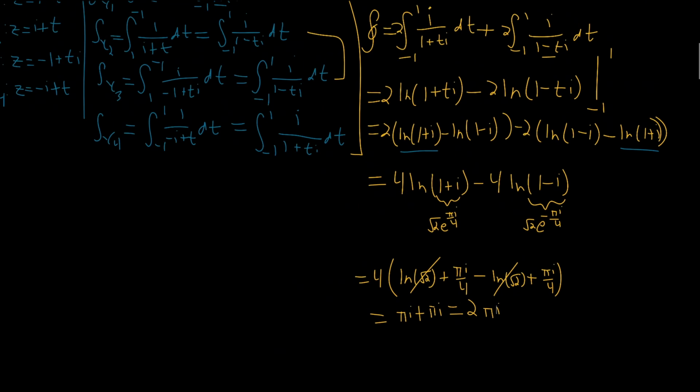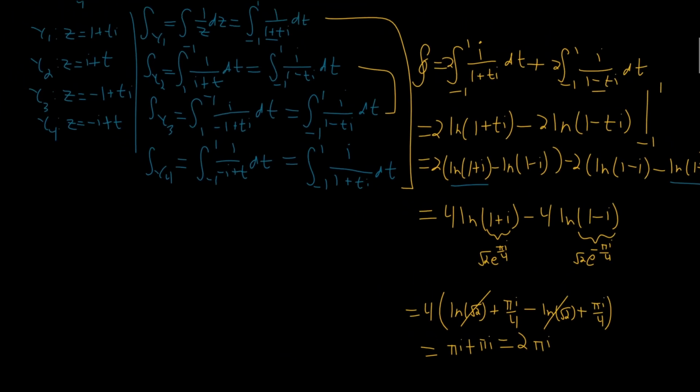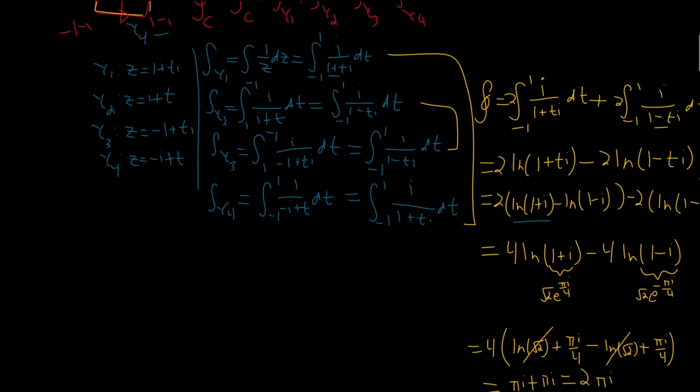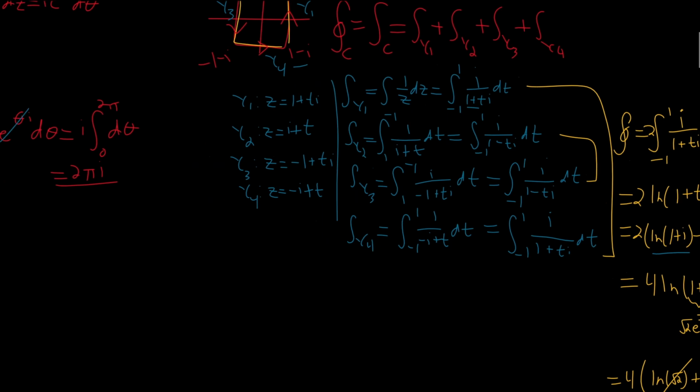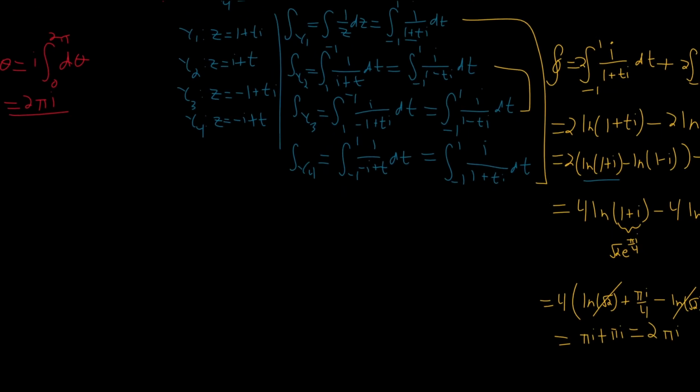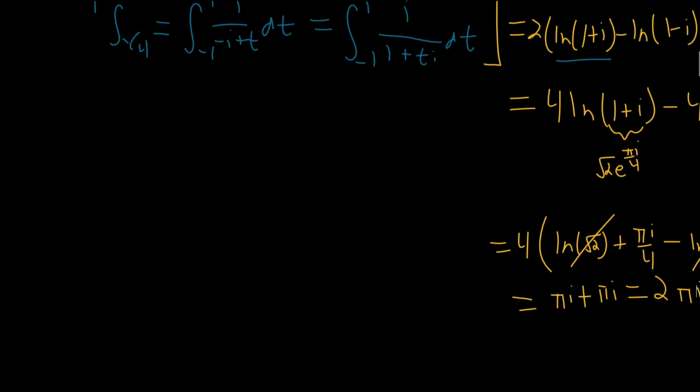And this is the point where you might be extremely skeptical, asking why on earth, if we integrate around a square, is it the same thing as if we integrate around a circle? They're both 2 pi I. And the reason for that is really the central part of complex analysis, namely that if a function has a simply connected domain, never mind. That's theorem 13. But basically, in the complex plane,